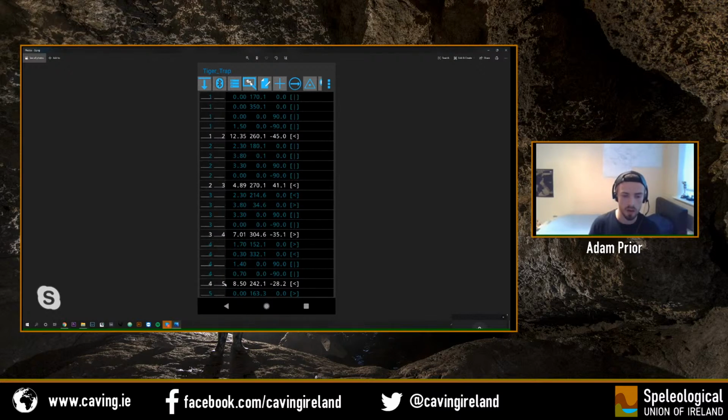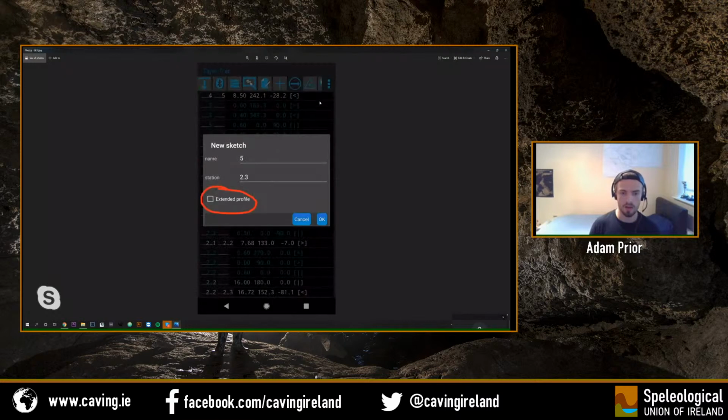And then I realized, oh, okay, at station 3 there was a junction. I want to start making my data link to station 3 instead of continuing on from 5, 5, 6, 7, 8. You have to hold down this station. So where it says number 3, if the junction is at 3, hold down on junction 3, and that should highlight green, and that tells you station 3 is now the active station, and then it'll start attaching your data onto station 3 instead. This took me a really long time to figure out how to do, and it's probably one of the main things that's the problem with TopoDroid. The instruction manual isn't amazing, so there's a lot of stuff that you have to learn for yourself. So that's generally the idea on how to use TopoDroid,